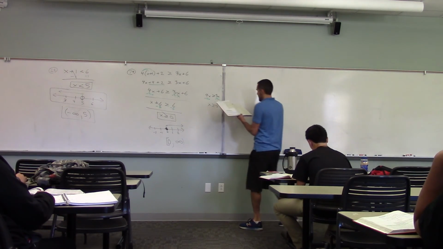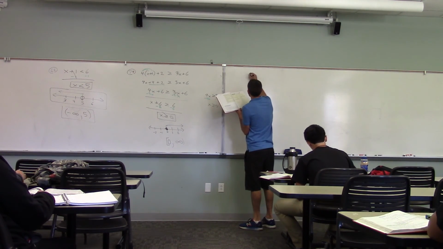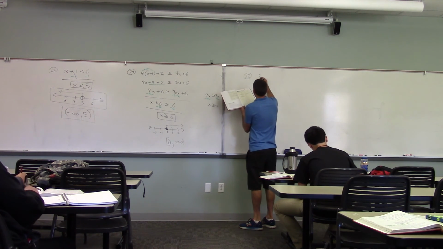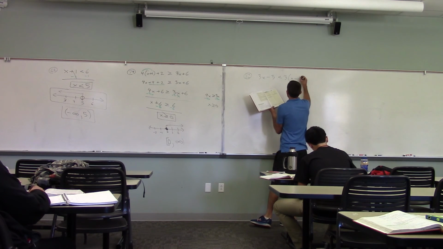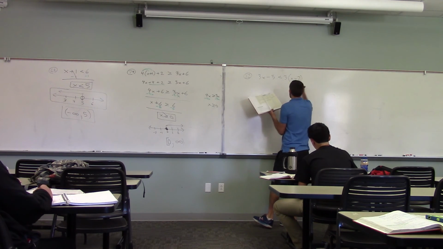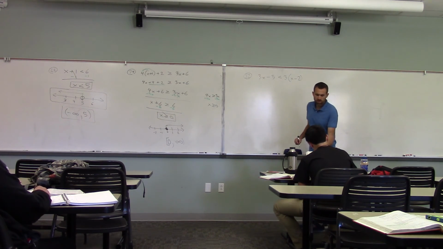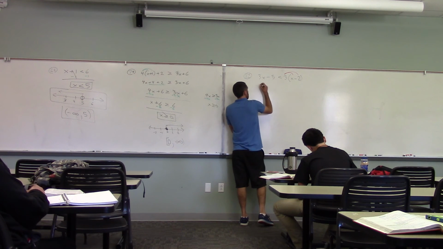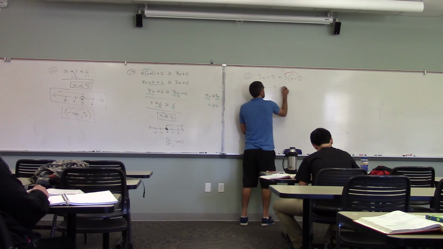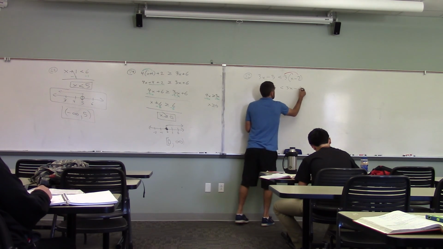Well, what if you were to have a problem like 82? 3x minus 5 is less than 3(x minus 2). Okay? So, solve it like normal. What do we do? Distribute. Yeah, we distribute. We got 3x minus 5 is less than 3x minus 6, and then,